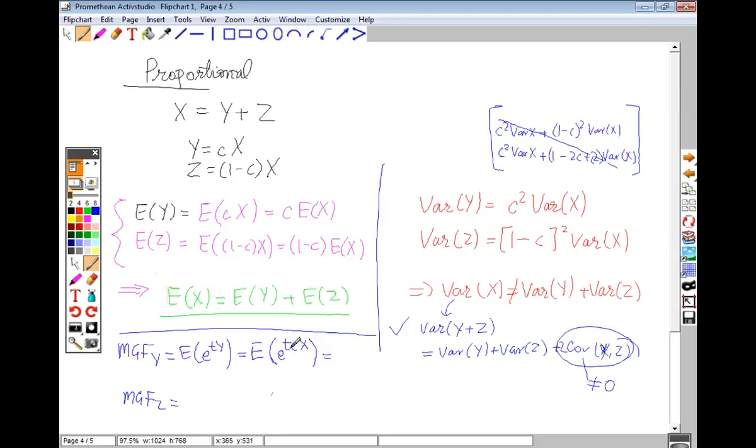And can I write this in another manner? It will be MGF of CX. MGF of x, and it will be tc, right? Not CX. So X is the variable and tc is what I'm taking my MGF parameter to be, right? Yes. Does this make sense? Yeah, and for MGF of Z, you can do the same. So it will be e raised to tz, and that will just be MGF again of X, where the parameter is t times 1 minus c. So that's all for the proportional case.